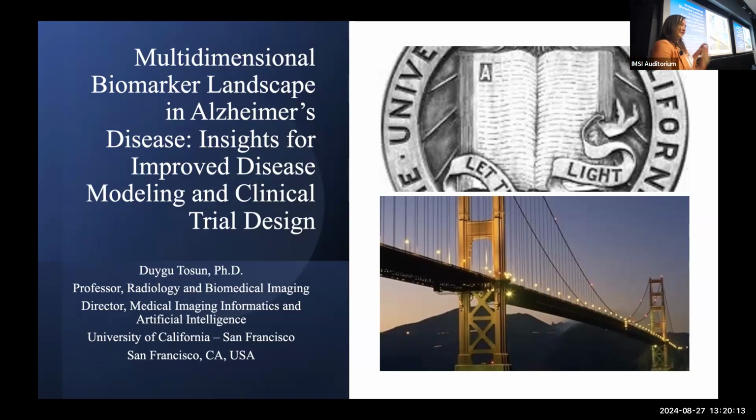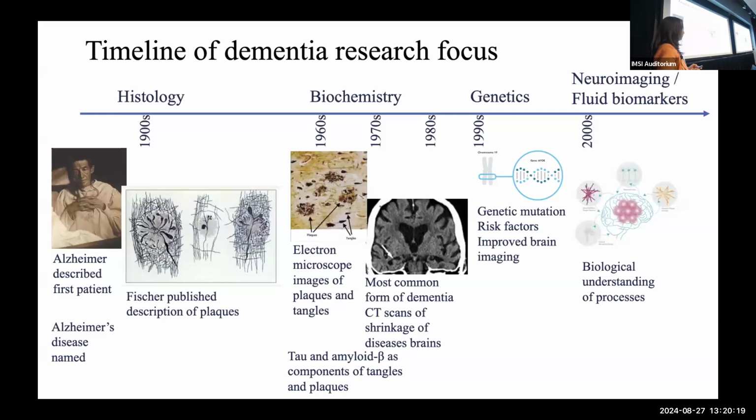I'm going to have a slightly different style of presentation, from a more clinical perspective: some of the challenges and how methods can be applied in clinical trials and clinical practice. The concept of dementia is very old. It dates back to civilization. And currently, and even back then, the way we diagnose dementia and Alzheimer's disease is really based on cognitive measurements and clinical assessments.